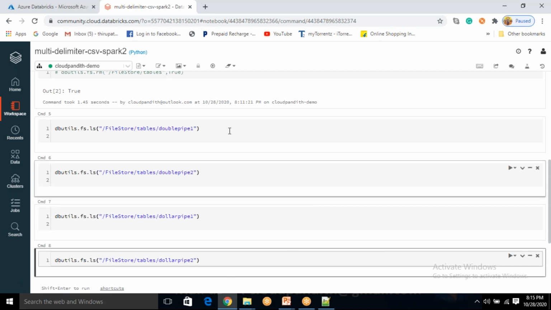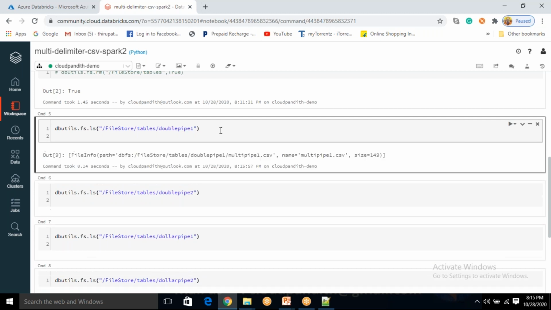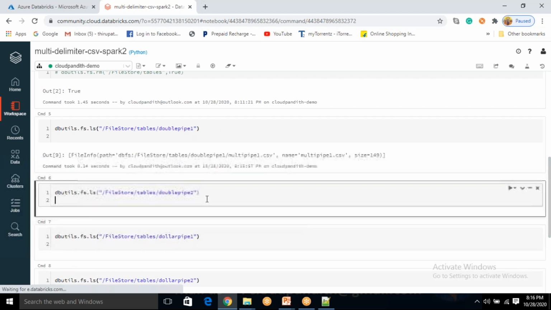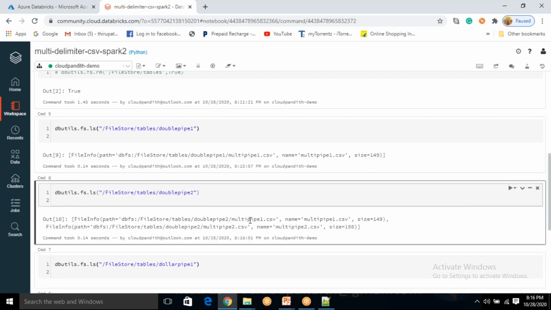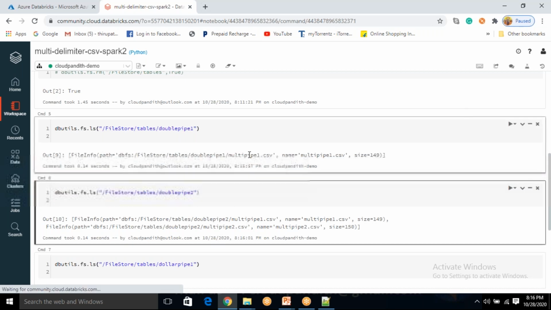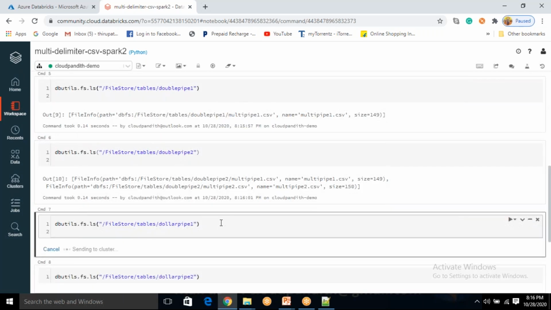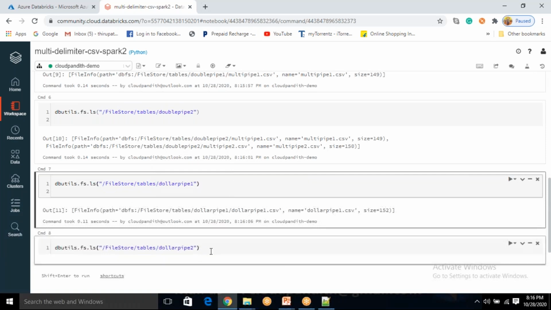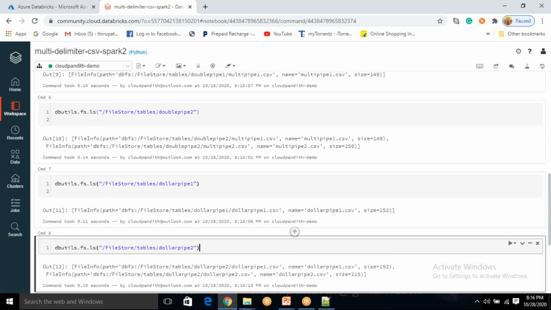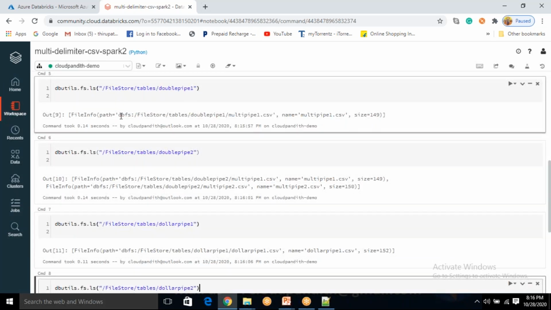Now let's check under each folder. So you have a single file in it. Here you have two files, multi-pipe one, multi-pipe two. So here multi-pipe one only. Now just list down this content. You see here single file, single file. Here you'll have two files. Good. Now basically first time I will just take this particular path,